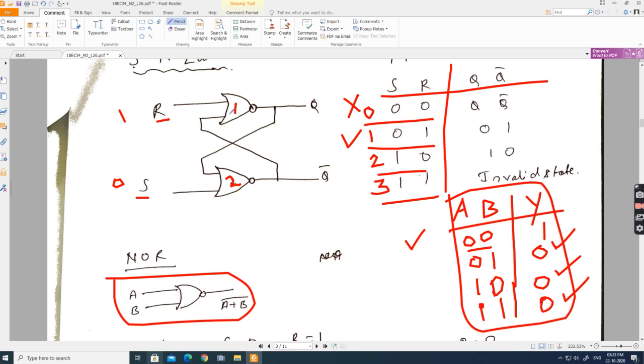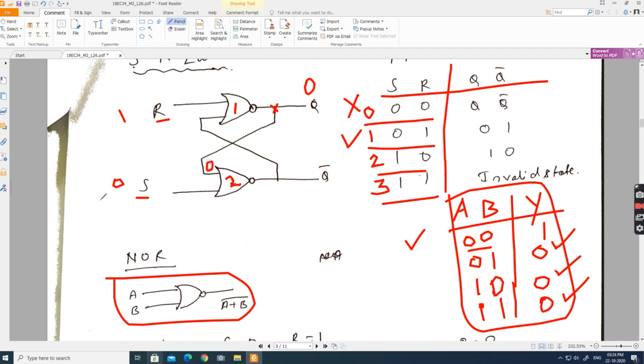Which output of the NOR gates can you predict? There are two NOR gates here. First NOR gate or second NOR gate? First one. Why? Because input to that NOR is 1. Then definitely the output will be 0. Since I have a connection here, it is fed here. Understanding? Yes, sir.